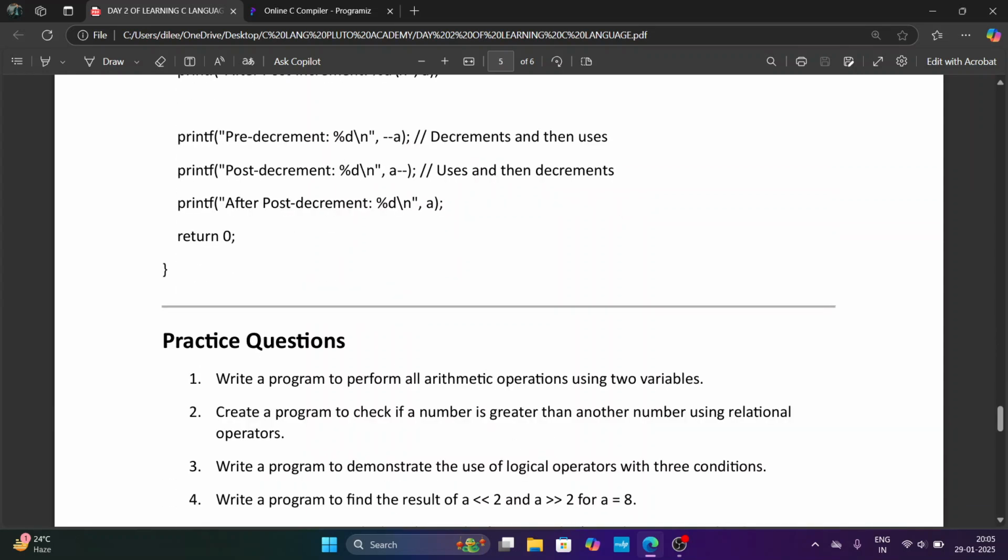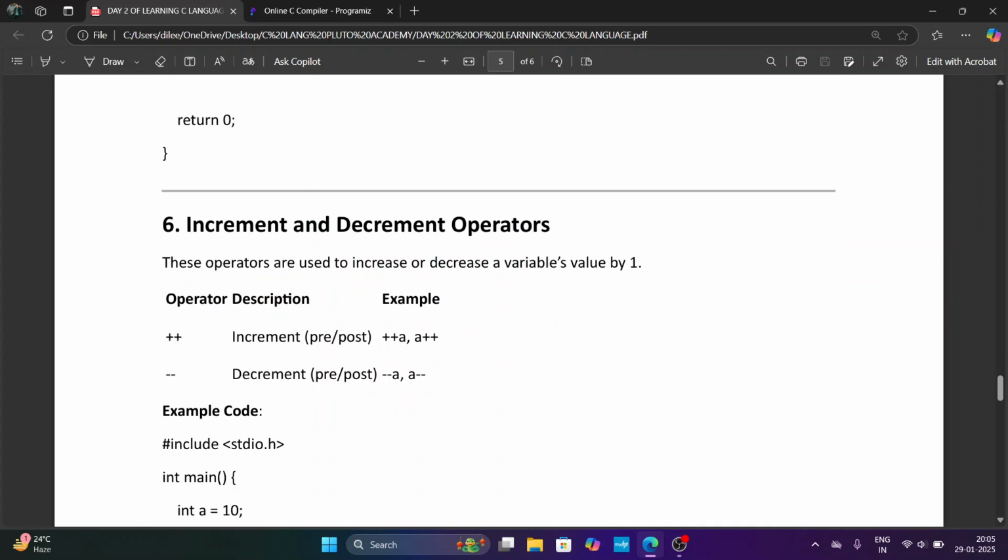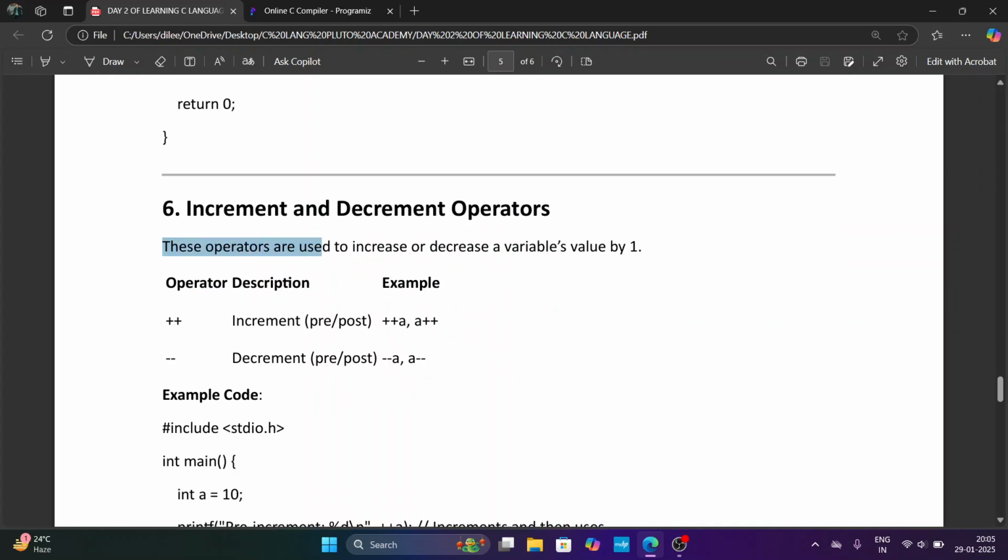And then our next topic is increment and decrement operators. What are increment and decrement operators? These operators are used to increase or decrease a variable's value by 1. For example, if a variable called a has some value, increment means plus, decrement means decreasing, it means minus. Increment means increase, plus; decrement means decrease, minus. Like that you have to keep in mind. Okay,